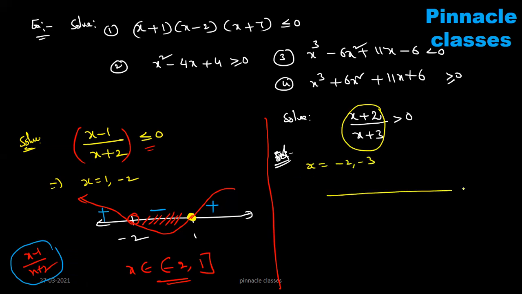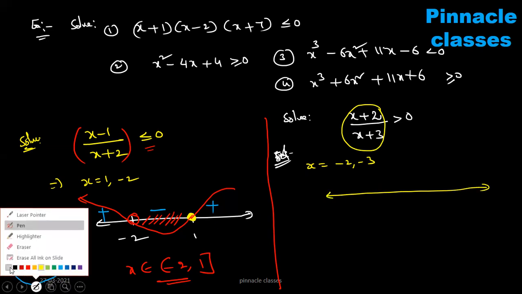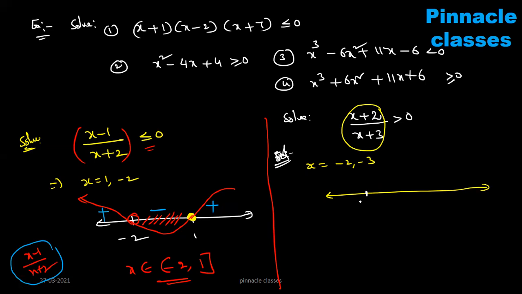Take the number line. First one is minus 3, and then minus 2. Strictly greater than 0 means what here? All are excluded, no doubt. Open interval, open interval. Okay. Now take more than minus 2, like x is equal to 0, 1, 2, 3, 4. What is the answer?